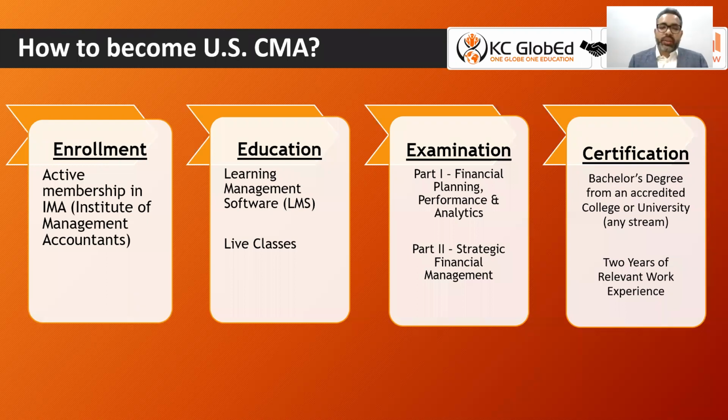Then second thing, start education. In education, 2 things would be needed. One would be the learning management software. We are partnered with the Sargent CMA review course of USA. Sargent CMA is the US number one learning management software company, for which we are the partner at the pan-India level. So we provide Sargent learning management software all over India, in which you will get US professor pre-recorded videos, your electronic book, multiple choice questions, essay type questions, and unlimited mock tests.